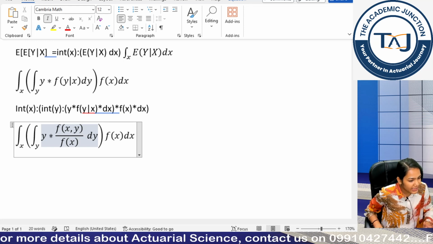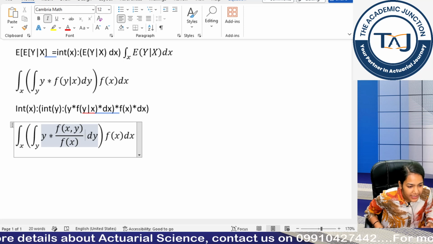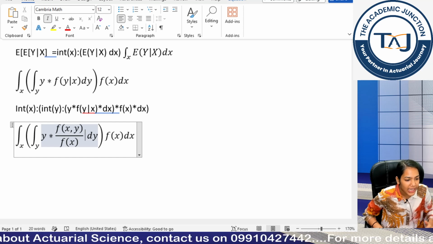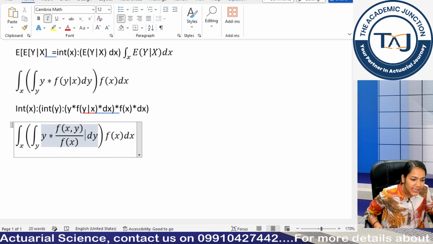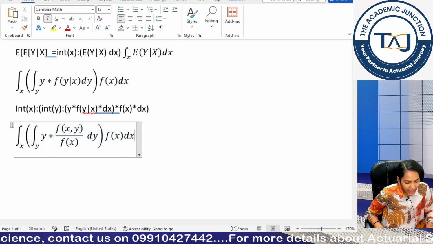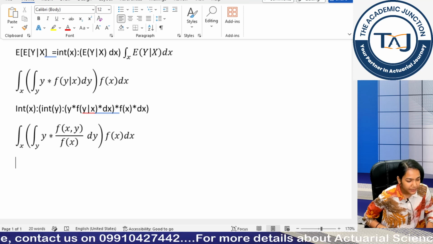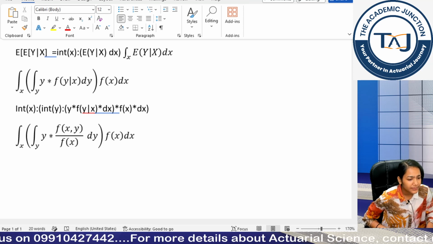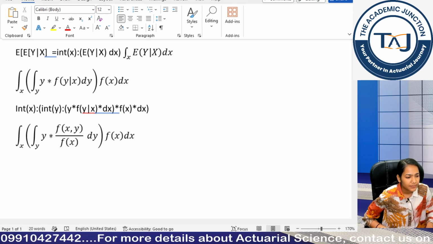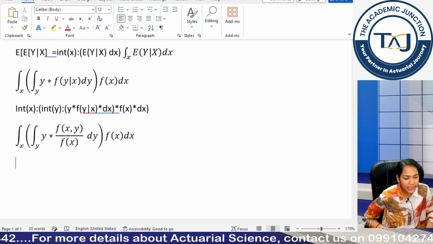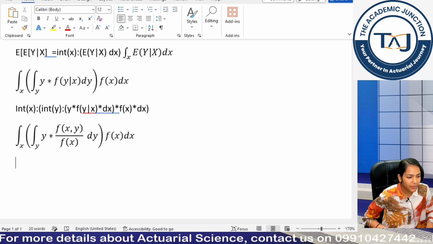Everything else is constant, so I don't need to change anything. If I would be writing this from scratch, it would take more time. Typing is something where we have to save our time, right? Why do we have the equation editor? To save our time basically. So everyone getting this? How did I copy paste the things? Come on, quickly do till now and tell me. Then only I will move forward.